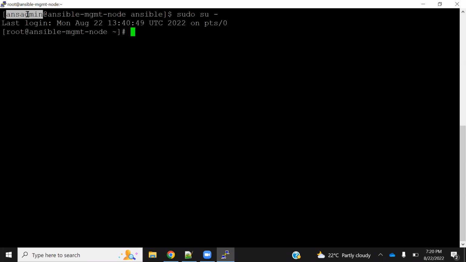So whenever you are AnsAdmin or an EC2 user or anything like that, you go ahead and add sudo at the beginning. So sudo is like temporarily giving him admin privilege, so that for whatever command you are trying to do, he should be able to work. So when you see here,